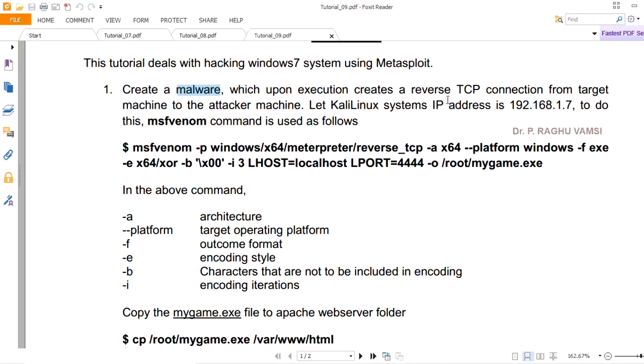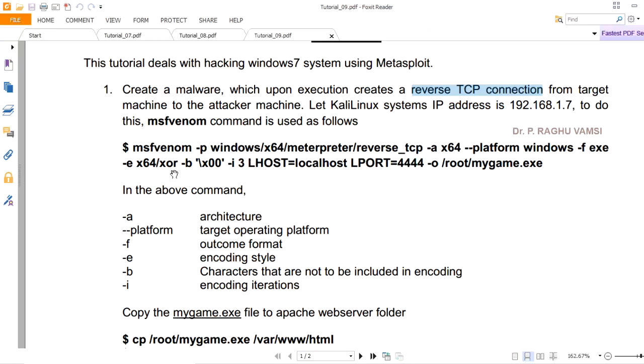This malware will perform the reverse TCP connection. Whenever the reverse TCP connection is established, you will get a communication from Windows 7 saying that it needs connectivity with Kali Linux. That particular connection we are going to observe via Metasploit.